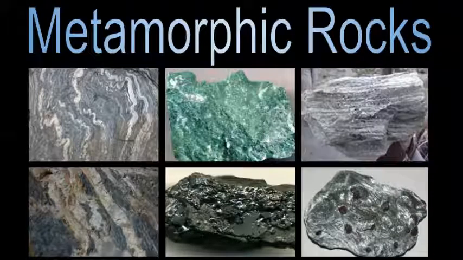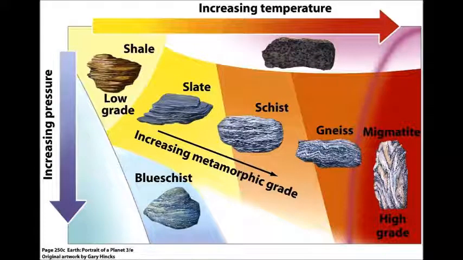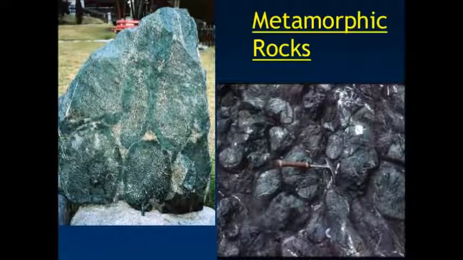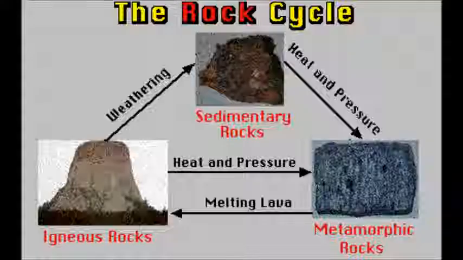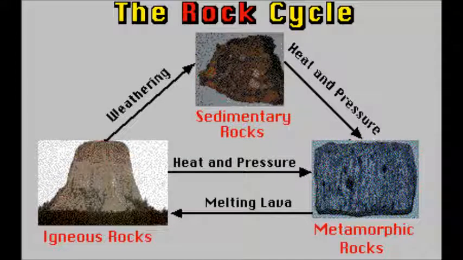Metamorphic rocks. Metamorphic rocks are those which are formed by the process of metamorphism or alteration of pre-existing rocks. Metamorphism means change of form which may be physical or chemical or both by the influence of heat and pressure. Metamorphic rocks are the hardest rocks on the earth. These rocks supply precious stones.